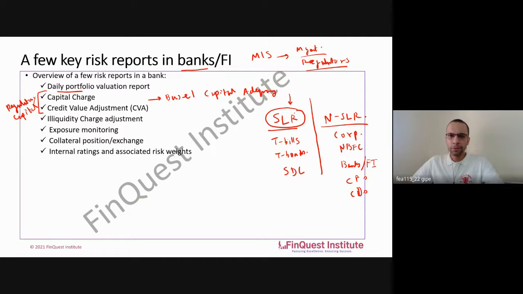So from a liquidity perspective, broadly, there's not much of a problem for the SLR bit because this is liquid enough. This is fine. But some treatment might have to be done for the non-SLR side of things because not every bond which you hold as a part of this non-SLR gamut is liquid enough. So generally, good rated bonds are liquid. So maybe something like AAA.